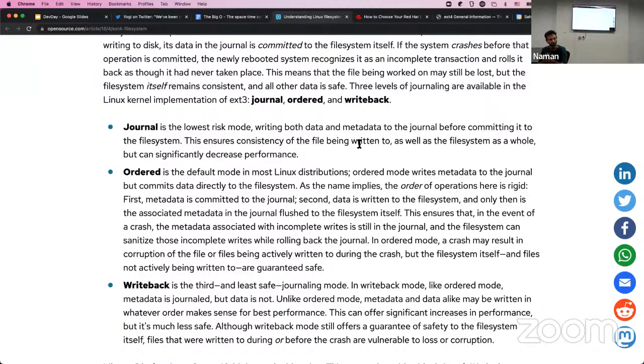Exactly. So this is more time consuming, and hence there's a significant decrease in performance. And that's why there's another mode, which is the default mode in Linux distributions. This is what I'm trying to explain here, that not every mode is applicable on every